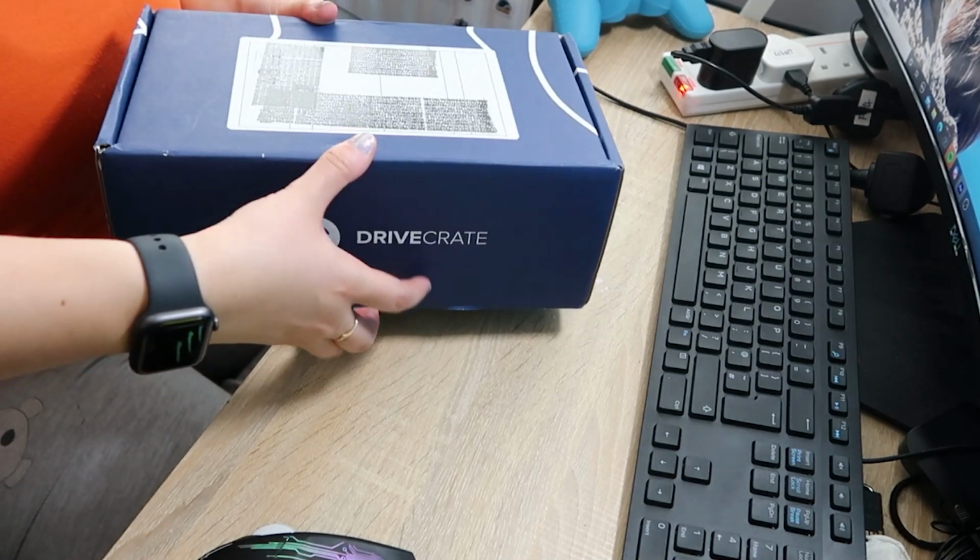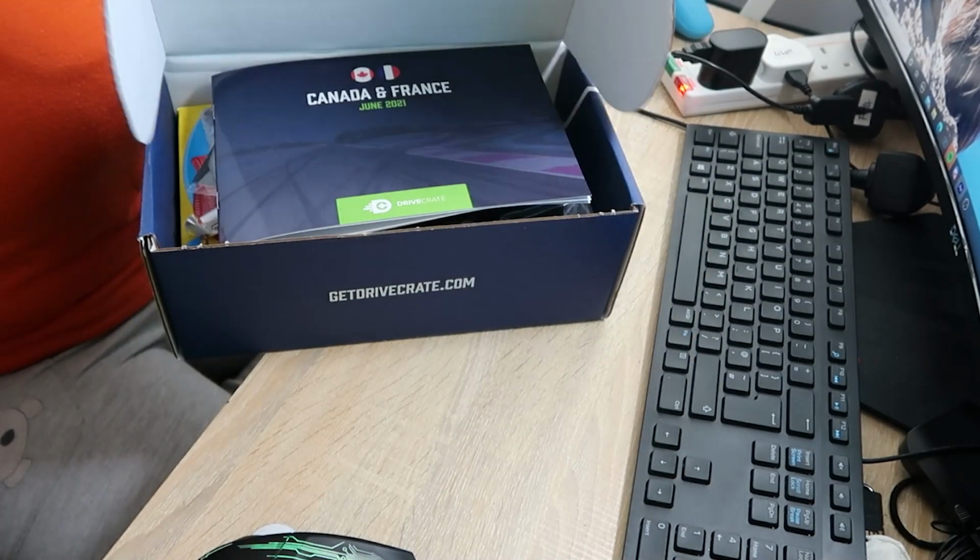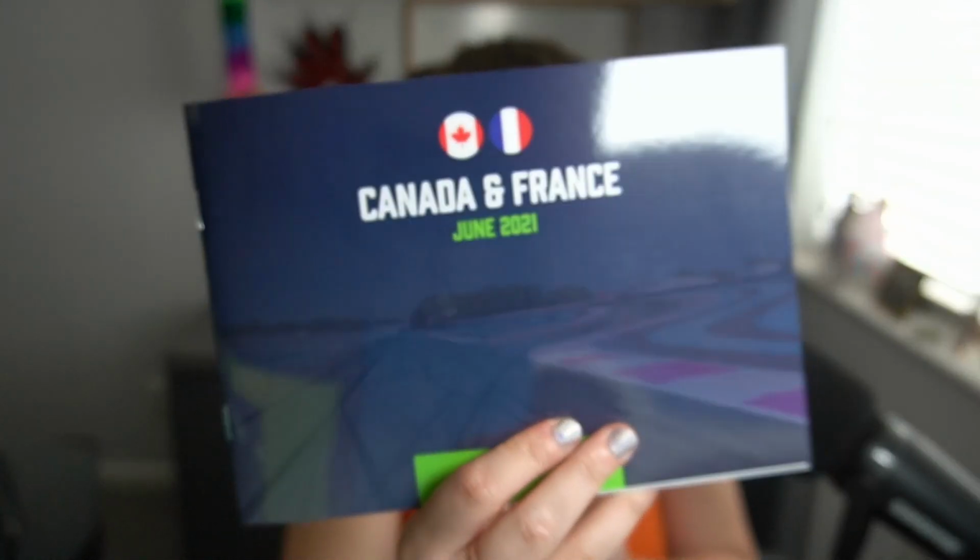I always forget there's tape. First look as always. Canada and France is our theme this time. Obviously, Canada was taken off the calendar, so again, it's a little bit the same situation as Turkey, although actually it has been announced that Turkey's back on the calendar just for later in the year. But yes, France and Canada being our...